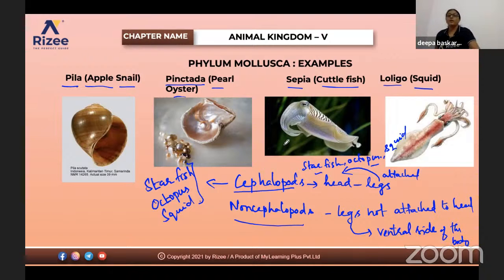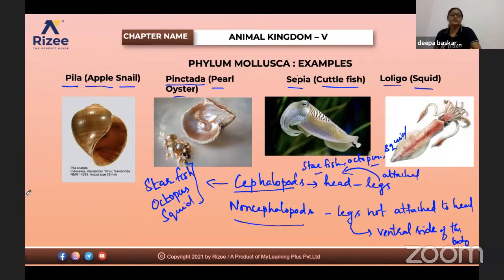Clear. So apart from that, Loligo is the scientific name for squid. Sepia is the scientific name for cuttlefish. Pinctada is pearl oyster, and Pila is apple snail. Okay, so apart from that,